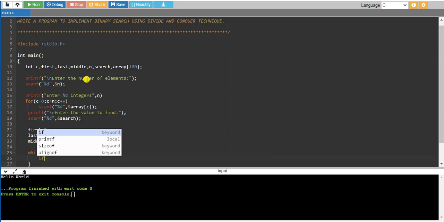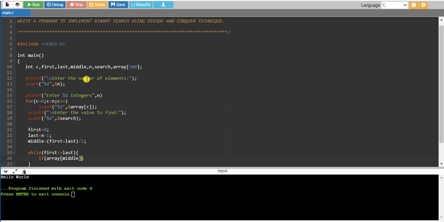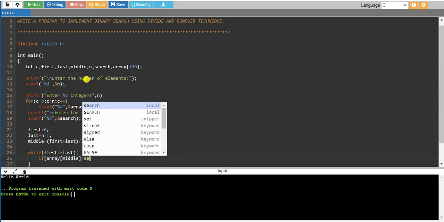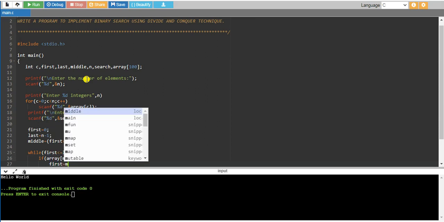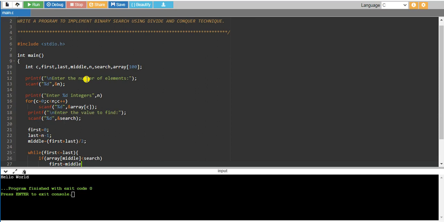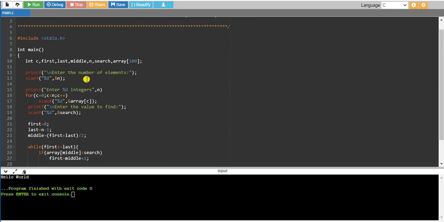We have to check the condition: if array of middle is less than search, then set first equal to middle plus 1, else